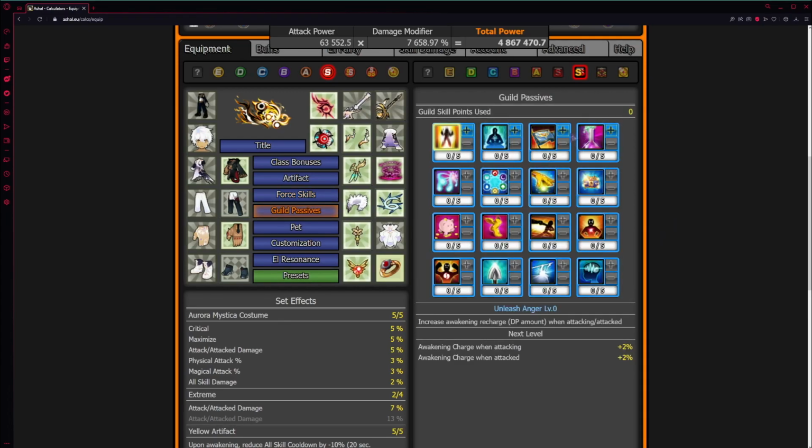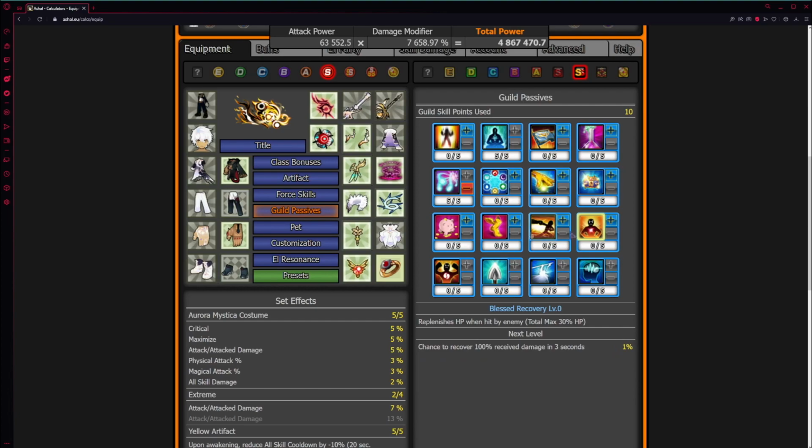Guild passes are nice. You just have to look in your guild tab for this, and it'll tell you what each one is. If you just click on it right here, you can see what each effect gives you. And I believe, I'm not quite sure which one we have, but we're just gonna assume I have this, and an MP recovery.